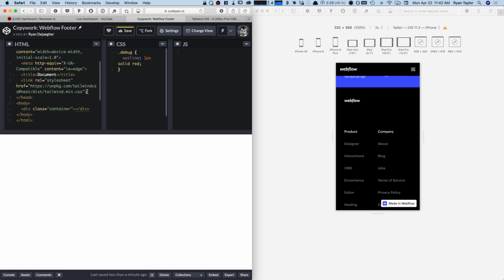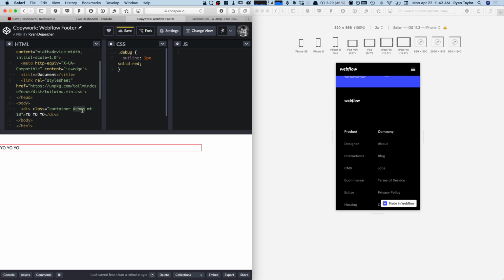What this is going to do is add a red outline to any element that is on my page. So if I set some padding here, I guess we'll add some content first. Add some margin. So as you can see, this debug class adds this red outline to our box,